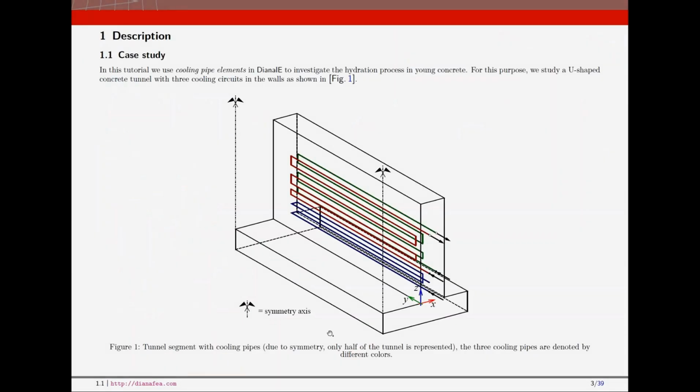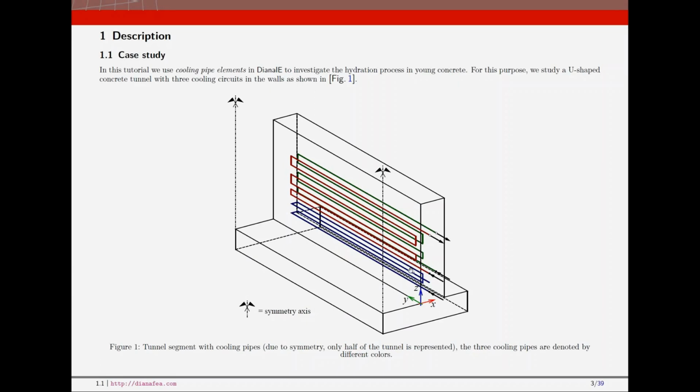This is a concrete block and there is another segment here. Because of the symmetry we only consider the right part. And these are the cooling circuits that are basically supposed to control the developed temperature. What we are going to do, we're going to define this section for the wall, we're going to define the section for the slab, we're going to extrude it, make a solid model, and also define these circuits based on